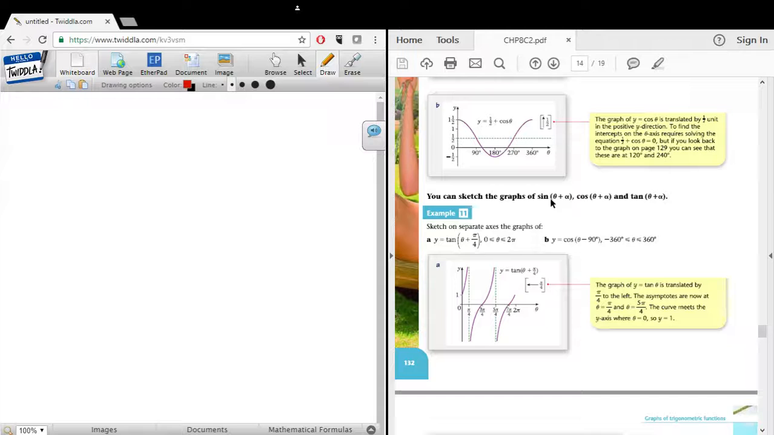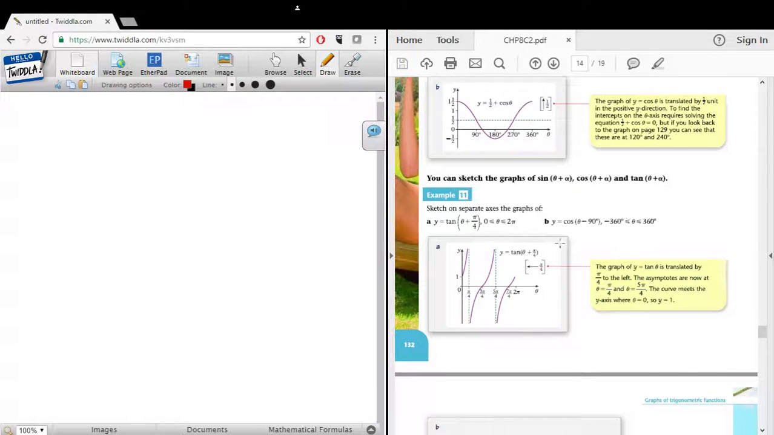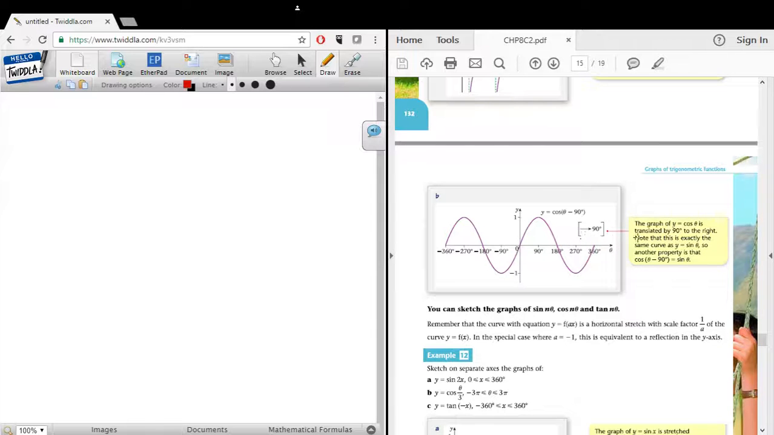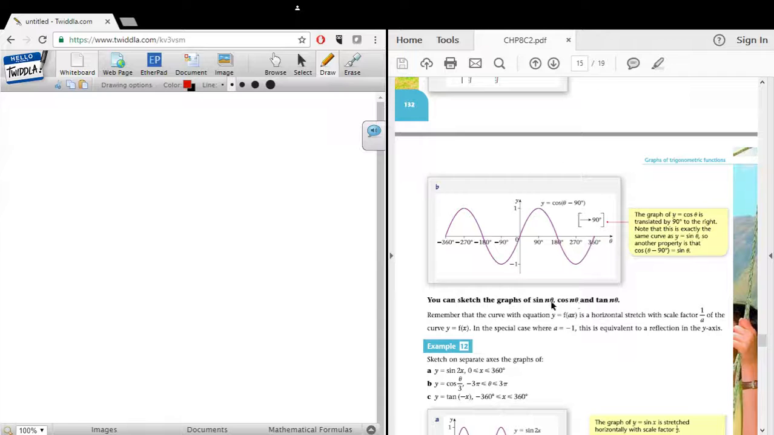And so here again, notice the brackets. This means that the degree, or the radian, is now affecting the theta. So when we add something, it's shifted to the left, and when we subtract something, it's shifted to the right. And you can see here that you can sketch the graphs of sine theta, cos theta, and tan theta,